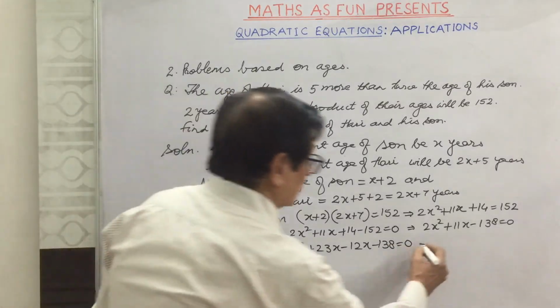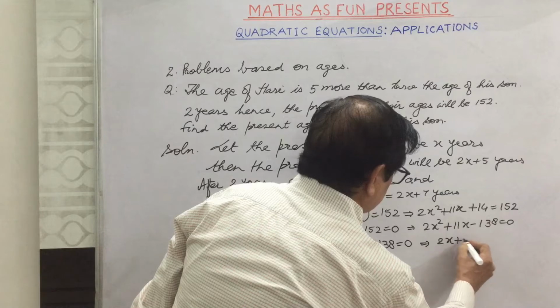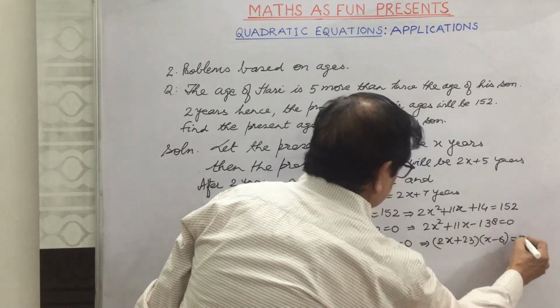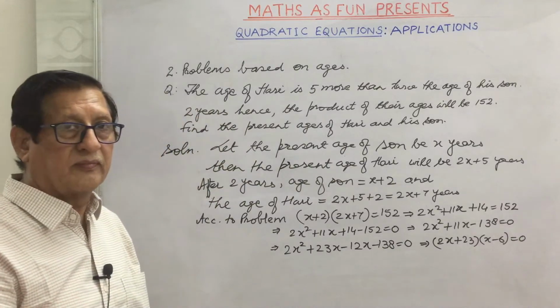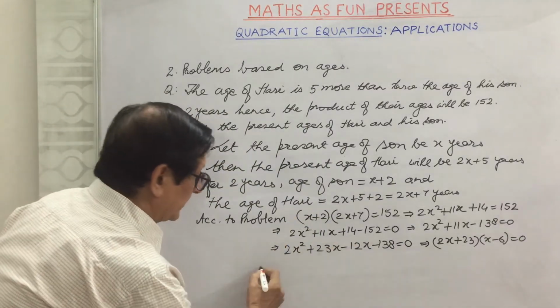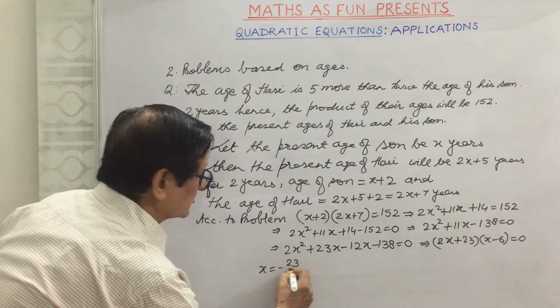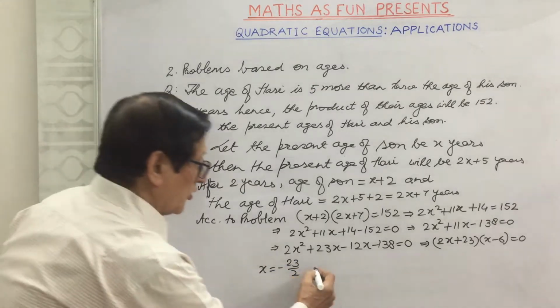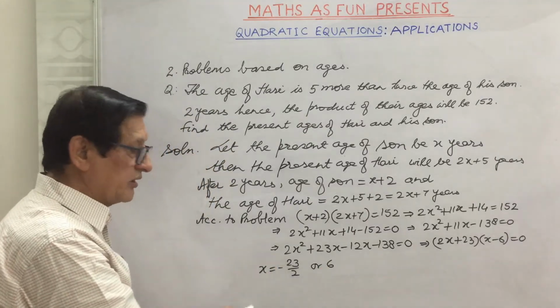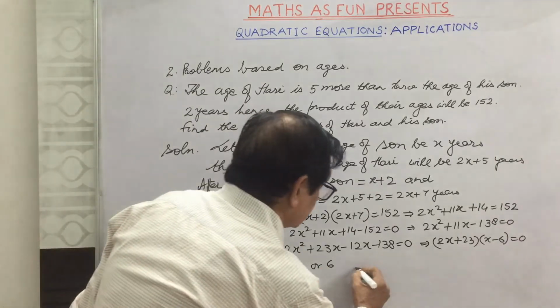When we find the factors of this, it will come as 2x plus 23 into x minus 6 equal to 0. Then we take the values one by one. We are finding x will be equal to minus 23 by 2, or it will come as 6. But we know the age cannot be negative, so we can write, since